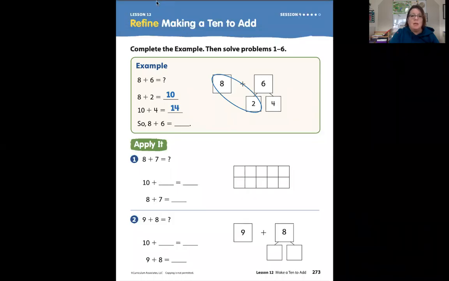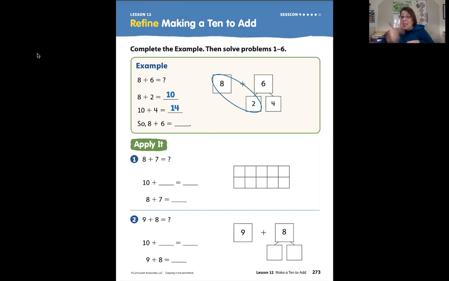Record. All right, boys and girls, we are making a 10 to add. This is session 4, and we are on page 273. To make a 10 to add, I'm going to tell you this every time. If you can't make teen numbers, you're going to have a hard time making 10 to add. If you can't add and make a group of 10 real quick with the top of your fingers, like if